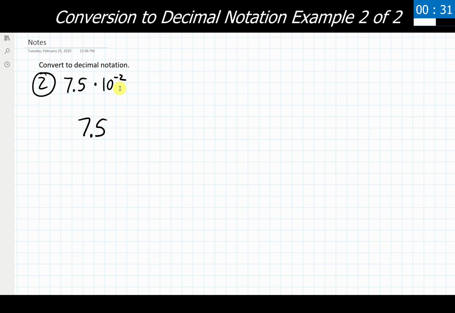And again, refer to the directions as necessary when you are going through these problems. So I'm taking the decimal, I'm going over 1, 2 places here. I have a single placeholder 0 filling in, and I like to put another 0 in front of the decimal point here, especially so I know it's some number between 0 and 1. And when I rewrite all of this out, I get a final answer of 0.075, and then I am done.